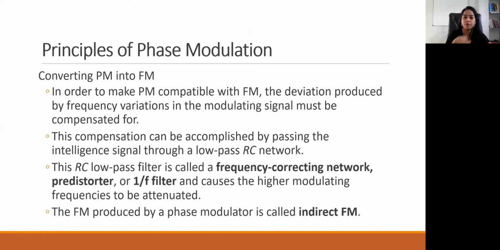As the principles of phase modulation, we have seen what happens in phase modulation. Whenever we are doing modulation, you have seen three types of modulation: first was amplitude modulation, second was frequency modulation, and third was phase modulation. Now you may have one question, I don't know if you do: how is the modulation technique actually done, how does the carrier frequency change and how does the carrier phase change?